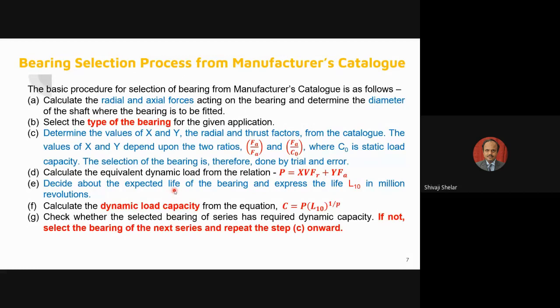What I told at the start of this chapter is that we are not going to design the bearing, we are going to select the bearing. To select the bearing, you require a manufacturer's catalog. So I am showing one such manufacturer's catalog, say for the 62 series, from